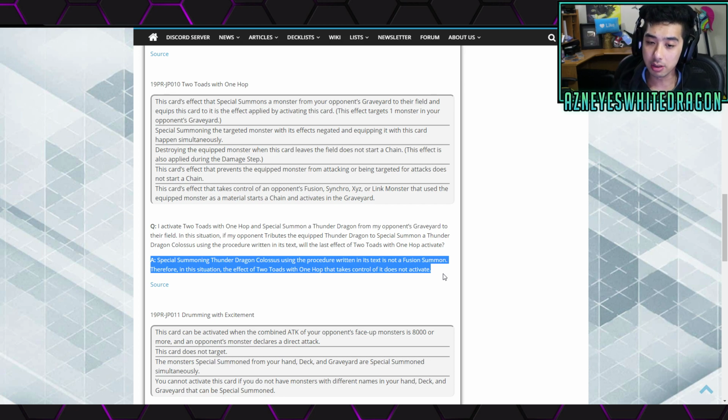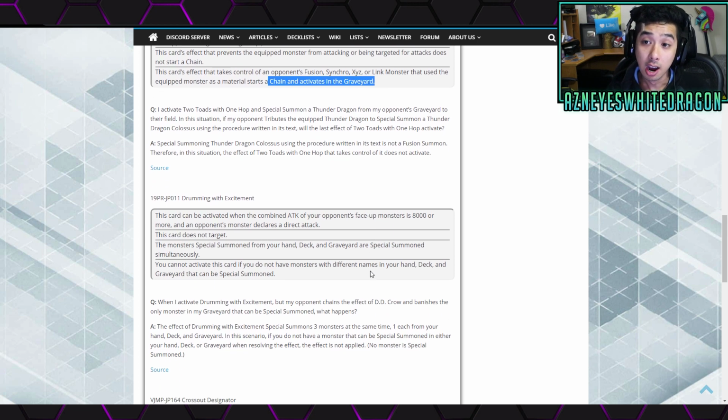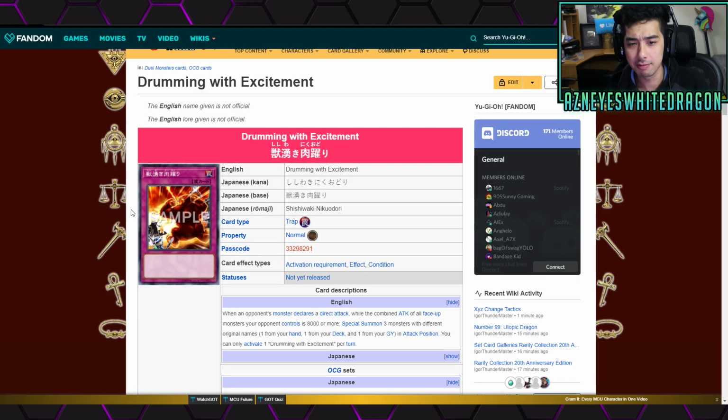And it says, therefore, in this situation, the effect of 2 Toads with 1 hop that takes control does not activate. So if it's not considered to be a fusion summon, it doesn't actually work. Which is, again, it just makes the card worse, and it already is worse because of these 2 parts of the effect. Alright, the next one up was a card I didn't even think I covered on this channel,